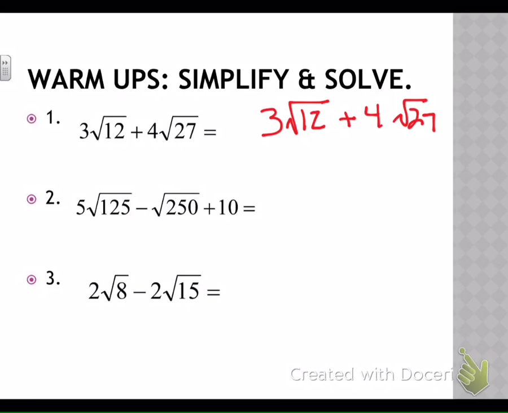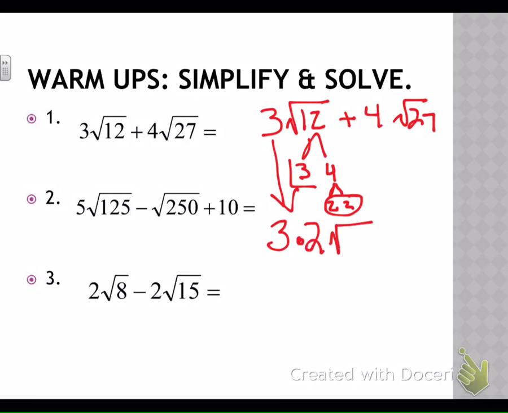So before we can even add, we need to factor out. So let's bring down the 3, factor out the 12. 3 and 4, 2 and 2. We have a pair. That goes outside the radical. Inside goes the 3. Okay? Then that turns into